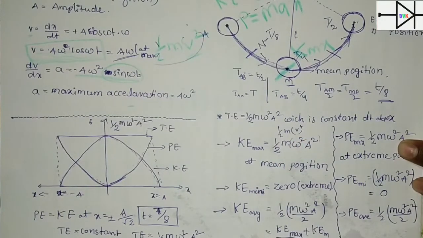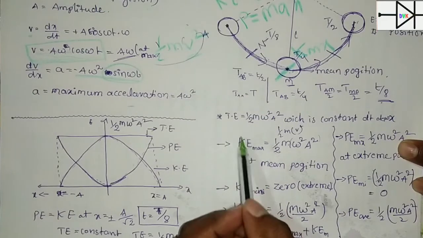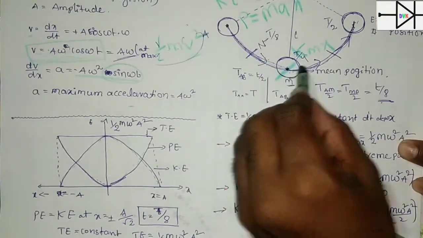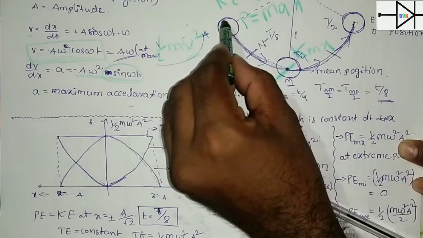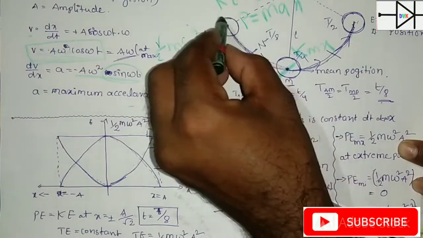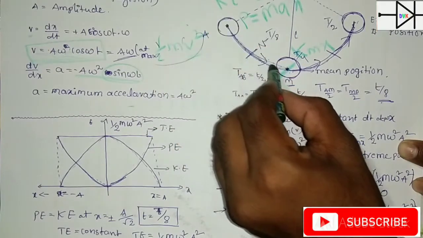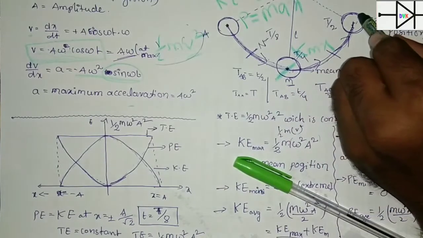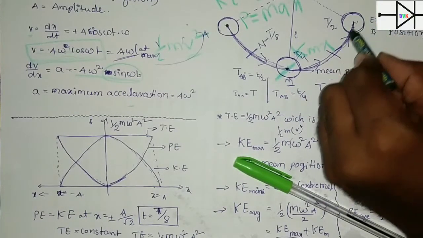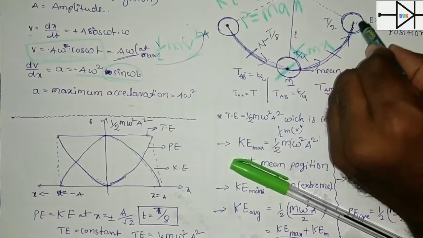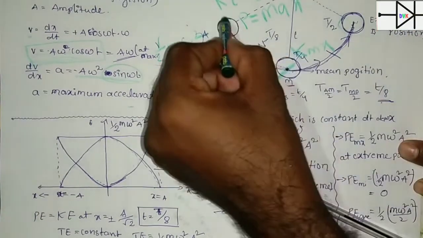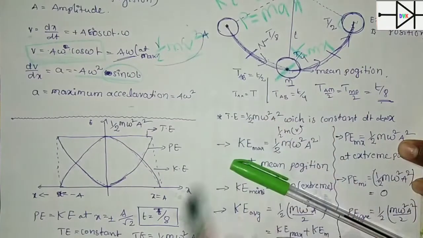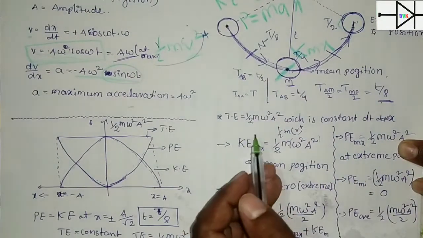Now the same for potential energy at the mean position. Why? Because in a simple pendulum oscillating, here velocity is equal to 0, then velocity is maximum, then velocity is equal to 0 again. At the mean position velocity is maximum, and here velocity is again 0. It comes back. Where velocity is 0, kinetic energy is 0; where velocity is maximum, kinetic energy is maximum. Same way, how to remember this formula?